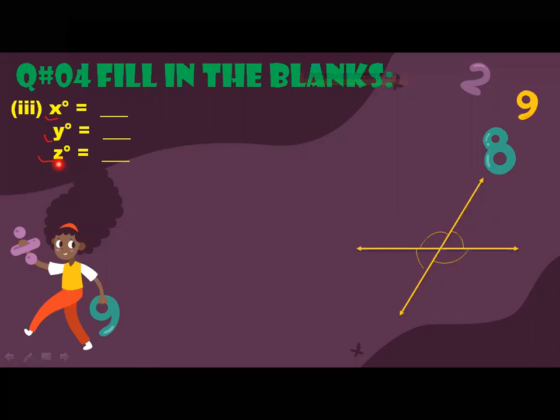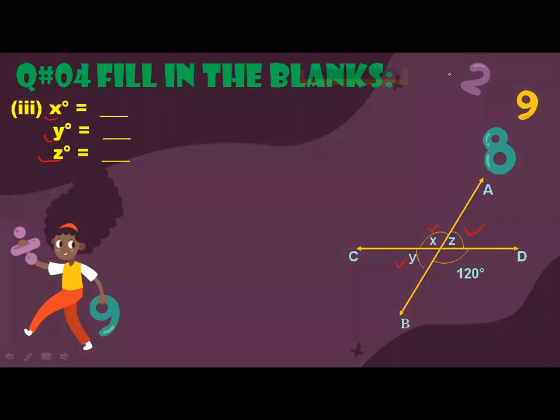Any idea? Anyone? Do you have any idea what you will do? Okay, now first of all, you should know where X, Y, and Z are. So look at this figure. In this figure, this is your X, okay, this is angle X, this is angle Y, and this is angle Z. Okay, now if you can see this figure, one minute, I'm going to read your comments.